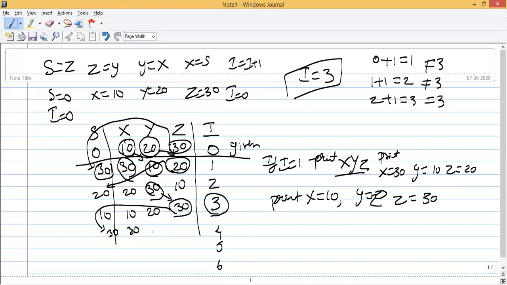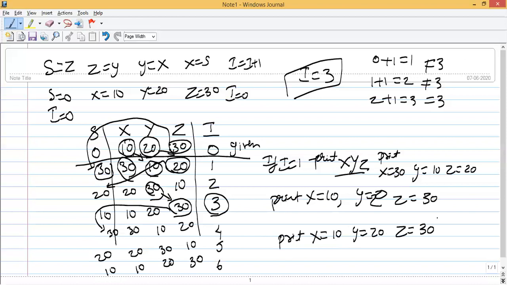So 30, 30, 10, 20. Again here 20, 20, 30, 10. Correct? Then 10, 10, 20, 30. So in this step, the answer is print X is equal to 10, Y equal to 20, Z is equal to 30.